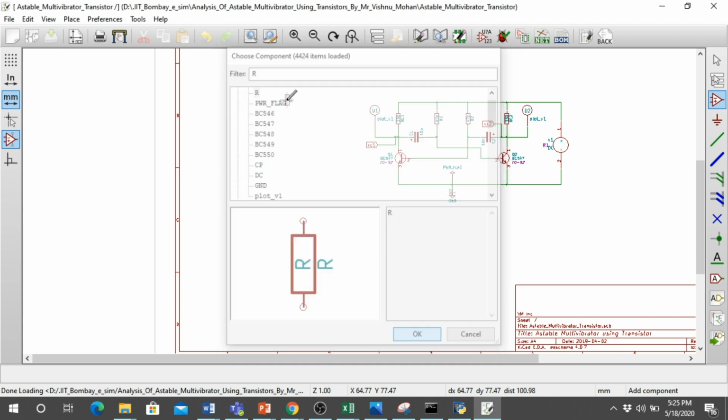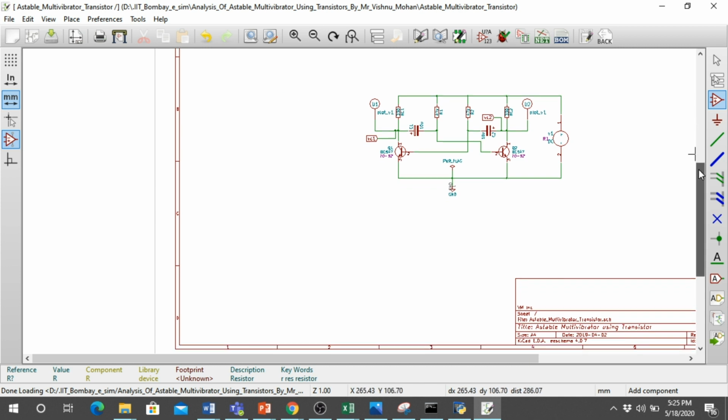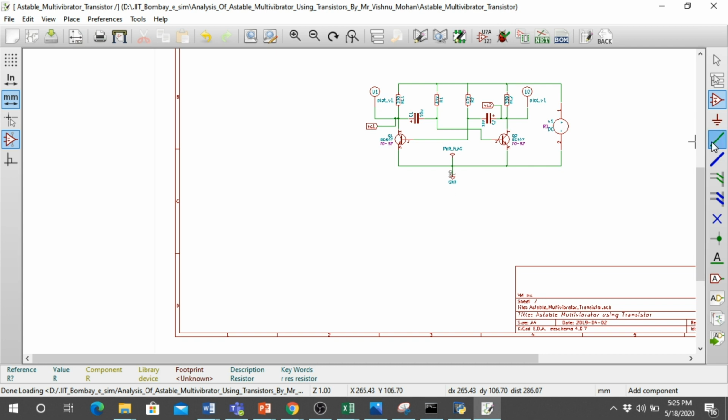That particular component will be placed here. I'm just deleting it because I've already designed the circuit. Once the circuit is ready, you can connect it using the wires. You can use this wire tool to drag and place it. As I said, the shortcut key K will end your wire. So I'm just deleting this.